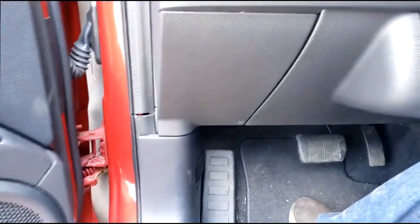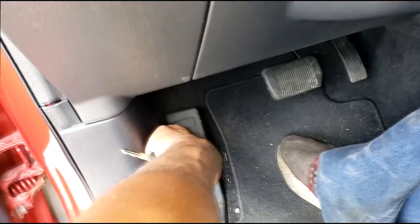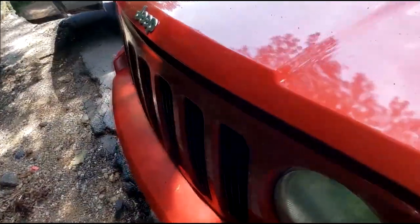Jeep Cherokee transmission issues. Okay, it happens, guys, from time to time. You may have some transmission issues. A couple of things I tend to do when I'm faced with transmission problems. All right, one of the first things you should do, I guess, is